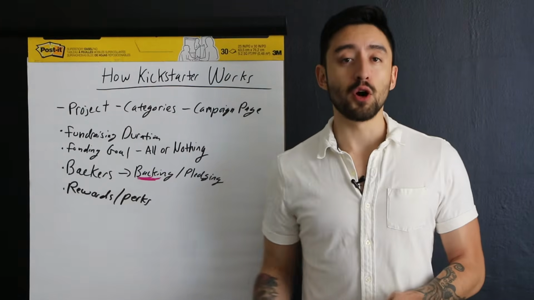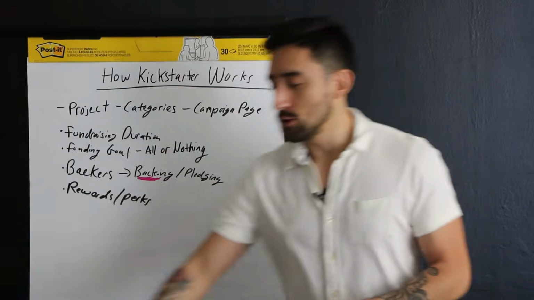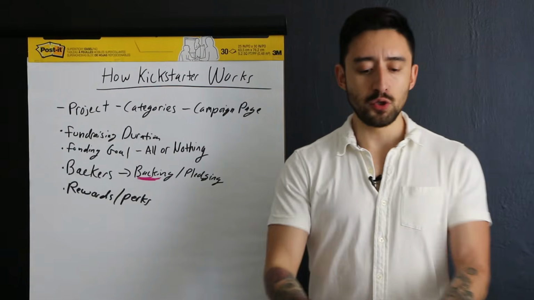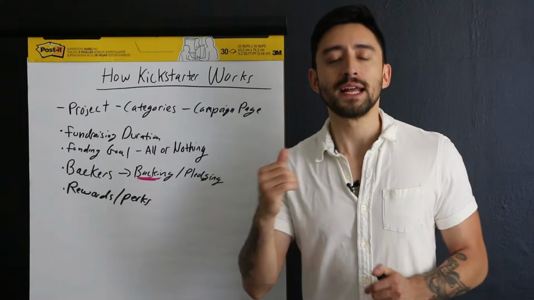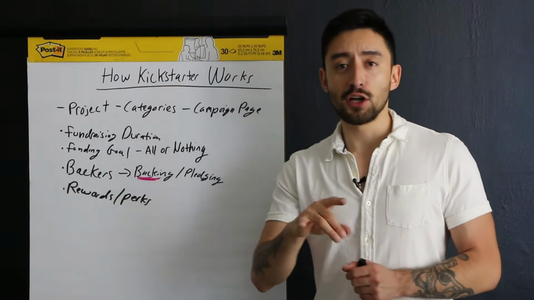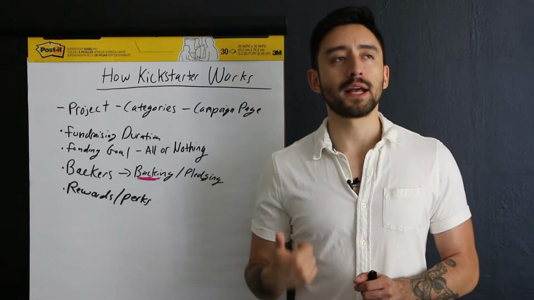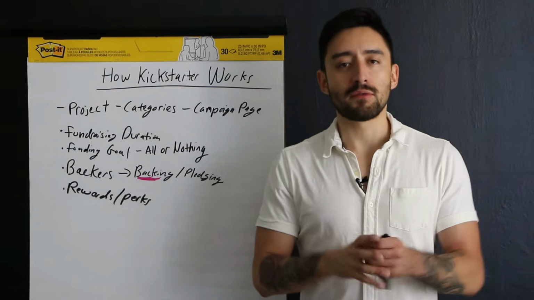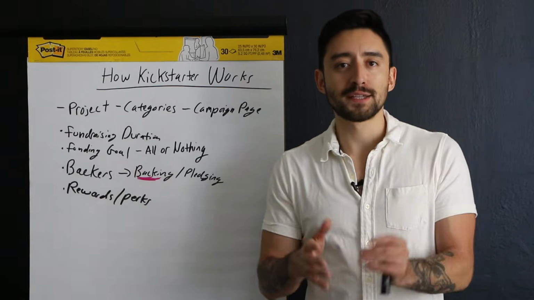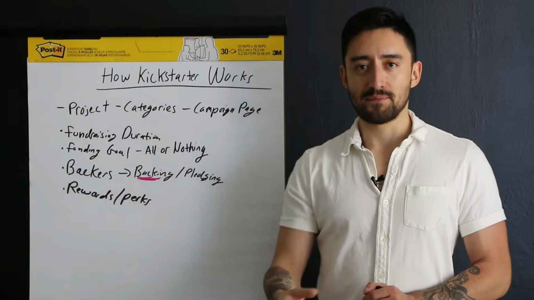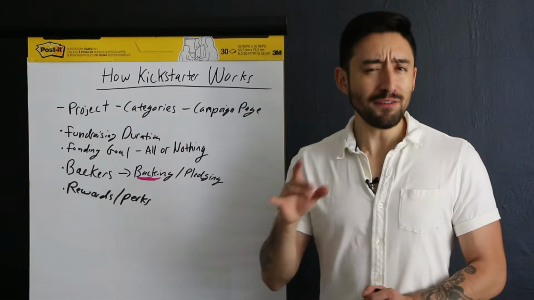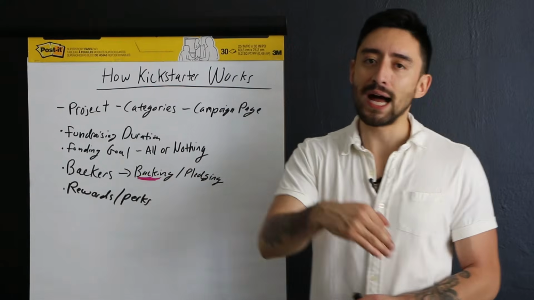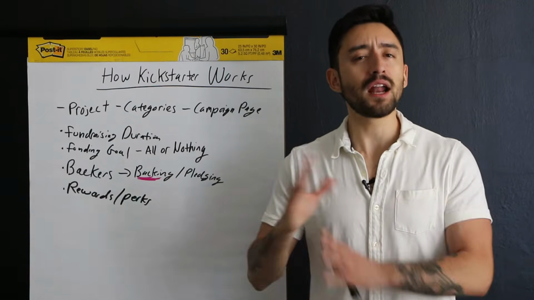So let's just say you're writing a new book, or you invented something like a new product, like a wallet, or a new carrying case for a camera. Whatever it is that you've created, whether that's in the technology category, a comic book, a publishing product, a theater project, a film, a dance project, or tarot card decks, you are creating something. And those people that are backing you oftentimes want a copy of that creation. They kind of want to own this. So those perks and rewards usually are tied to the end result of the project, but not always.